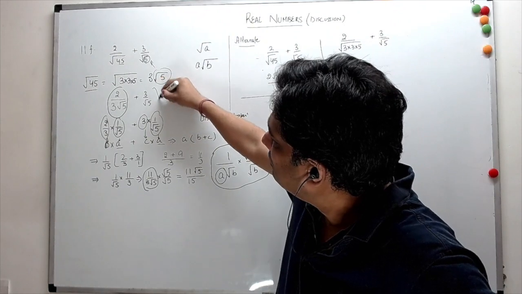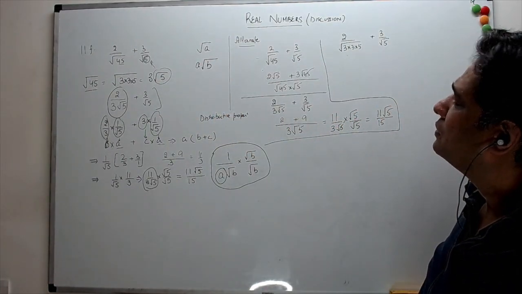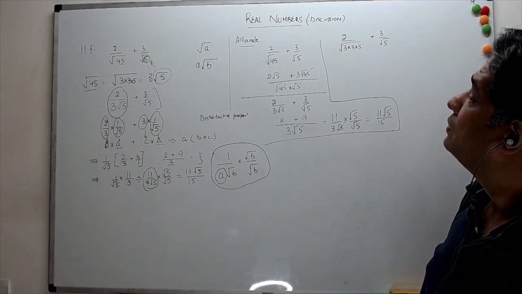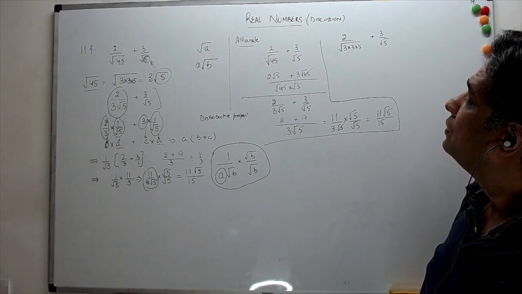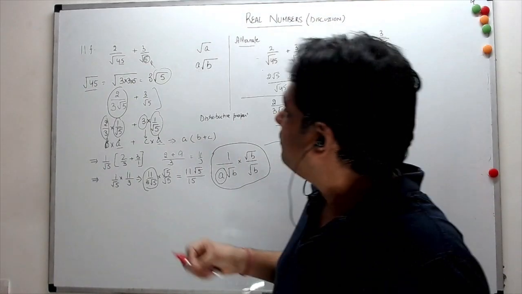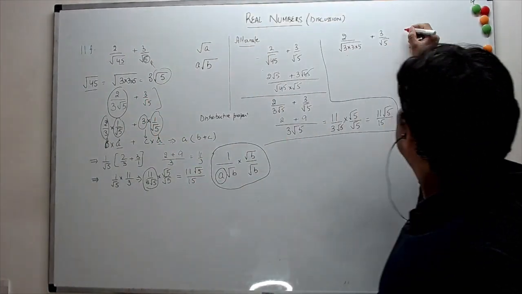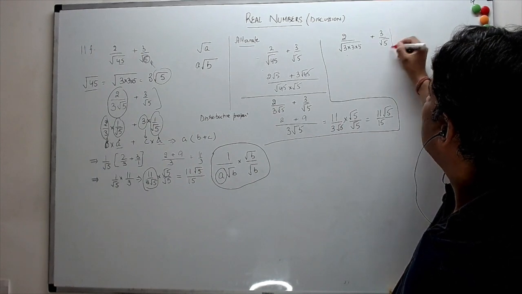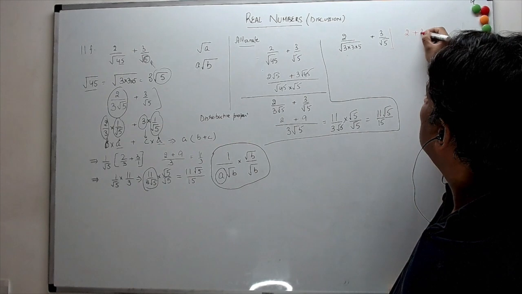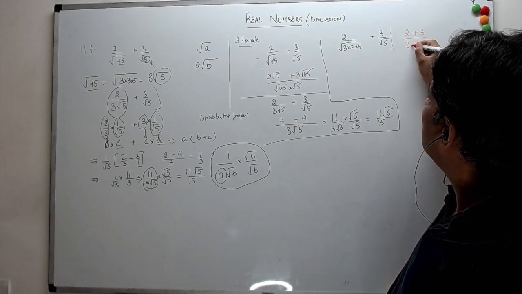Yes. But my next step is different. I wrote it together, like 2 plus 3/3 into √5 into 5 √5. Wait a second. From here, what you did, if you're talking about this step, what is the next step you wrote? As 2 plus 3/3 into √5 into √5. 2/3 into 3 into √5.